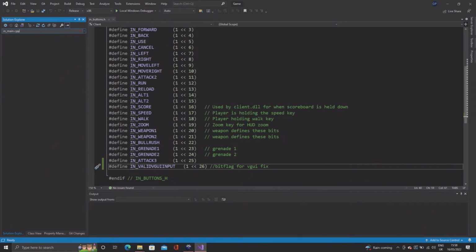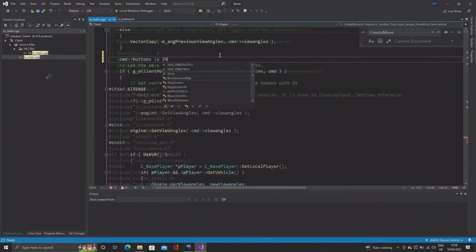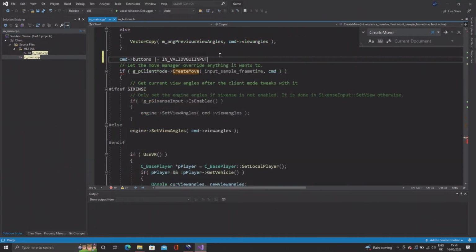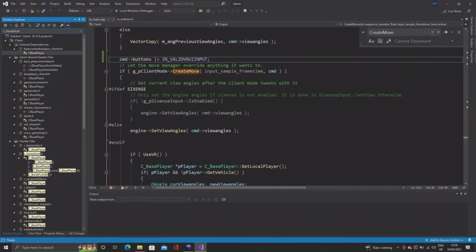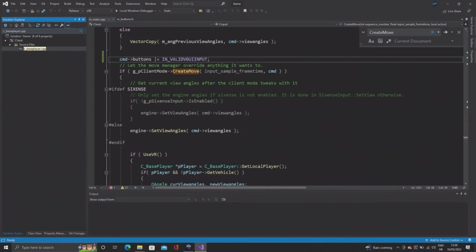in_main.cpp, and inside CInput::CreateMove, you want to add cmd->buttons |= IN_VALIDVGUIINPUT above g_pClientMode->CreateMove(input_sample_frametime, cmd). Then you want to go to